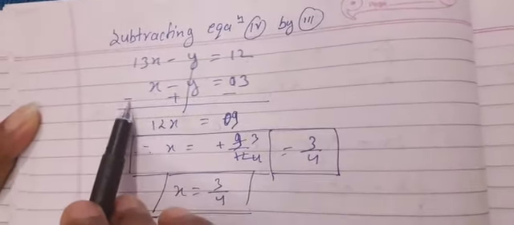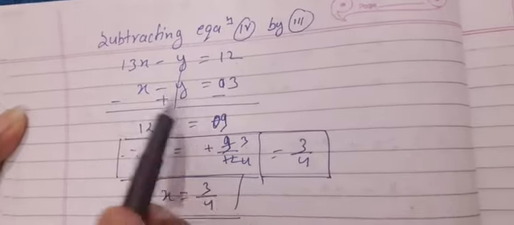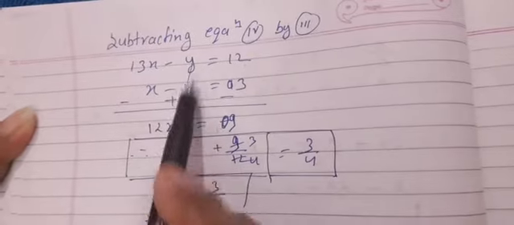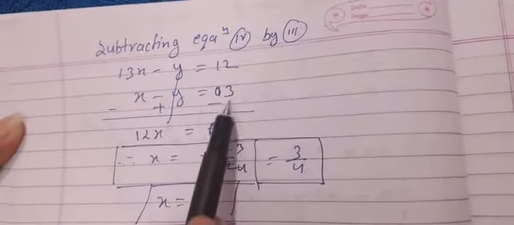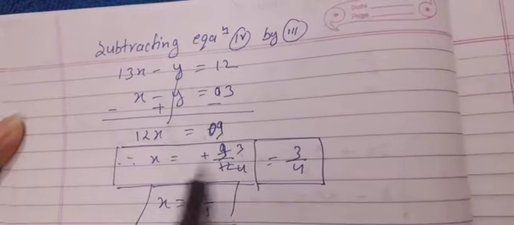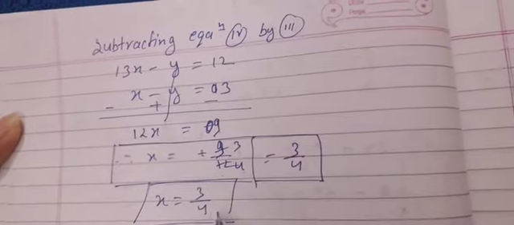I have copied equation 3 and 4, and then changed the signs because of subtraction. This was plus, so this is minus; here it is opposite, plus, here is plus, so this is minus. Now y is cancelled, that is eliminated, and 13x minus x is what? 12x, and here 12 minus 3 is what? It is 9, so x is equal to 9 upon 12. So 3 3s are 9 and 3 4s are 12. What is the answer of x? The first value of variable x is 3 by 4.